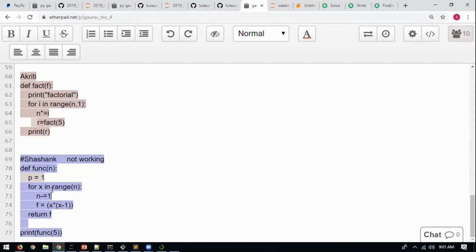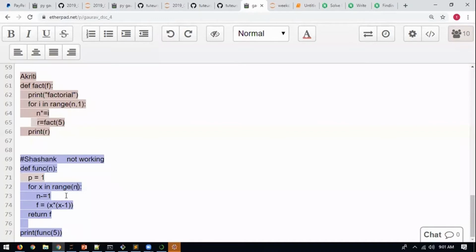First time x is 0; 0 multiplied by 0 minus 1 gives 0. Next time x is 1, so 1 into 0 gives 0. Let's say n is 5, so the last value of x will be 4. It will do 4 multiply 3 and give the result 12, which gets stored in f.